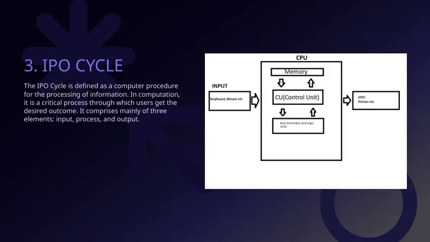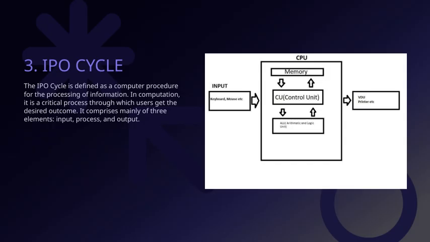Let's take a closer look at the IPO cycle. This cycle is essentially a computer procedure used for processing information. Think of it as the fundamental way computers handle data to produce useful results. It's a critical process because, without it, users wouldn't be able to get the outcomes they expect from their systems. The IPO cycle is made up of three main elements: